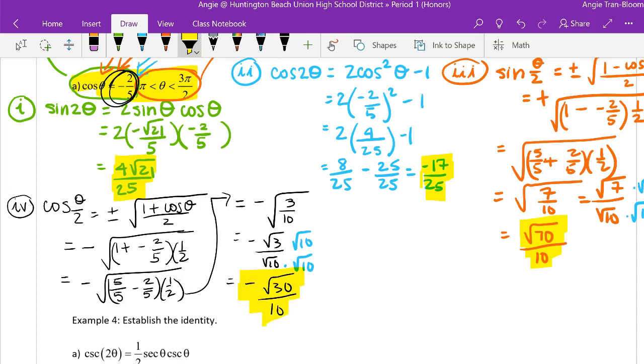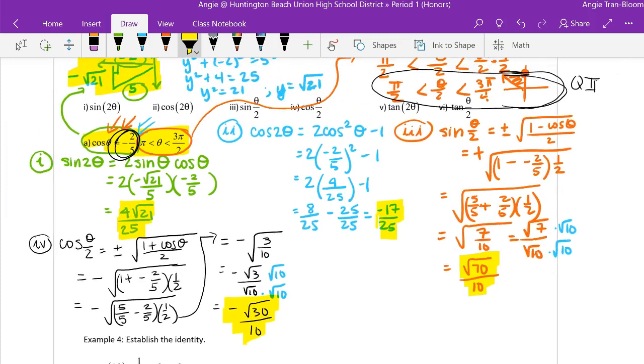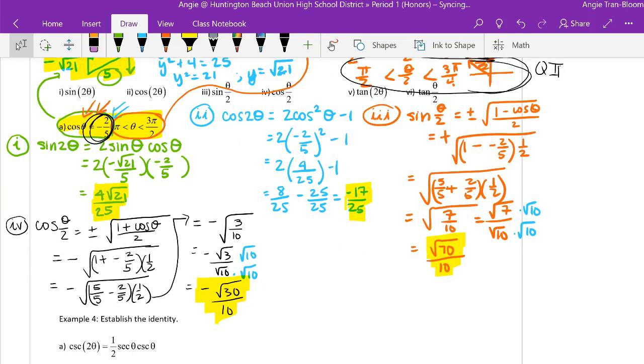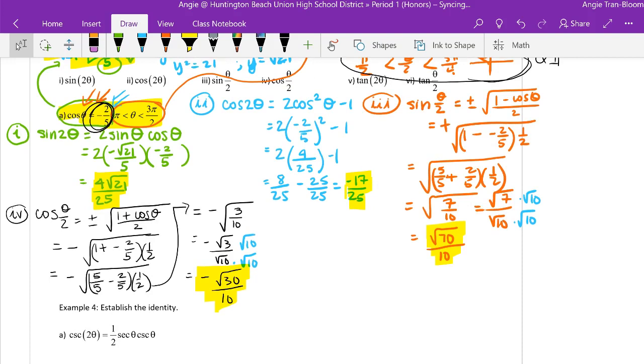All right, so that's 1i, 2i's, 3i's, 4i's. We have two more: tangent of a double and tangent of a half. Notice how we're kind of doing all of them. Let's use green. We are going to do 5i's, tangent of a double. For this, I'm using the identity 2 tangent of theta all over 1